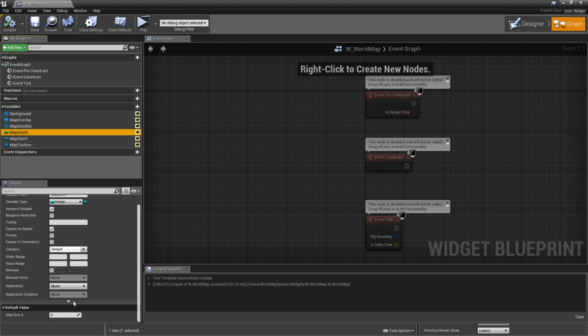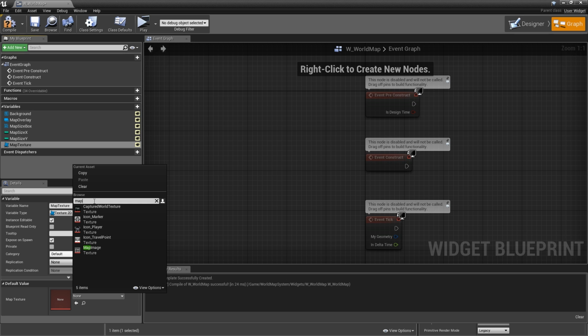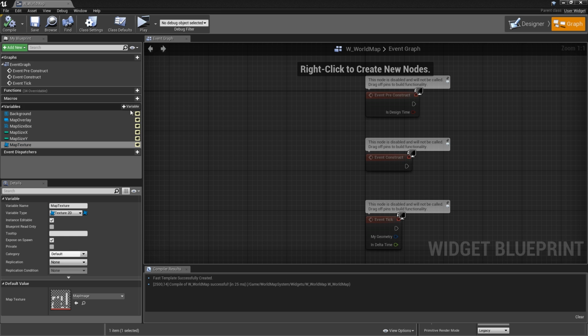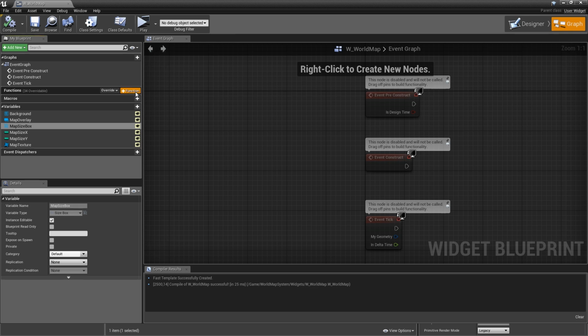So map size in X is 1080 by default. Same thing goes for Y. And the map texture will be our map image by default. Let's add a function to modify the map size and to update the map size box to represent the two values. So let's add a function called